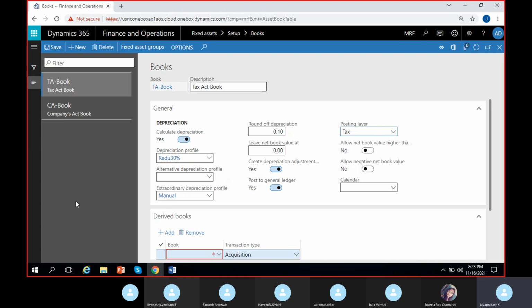that the same fixed asset can be maintained in a different way using another book. Okay, if somebody asks why you maintain different books for fixed asset, you can say that if you want to maintain a single fixed asset in multiple ways, maybe according to the different acts in the country, or maybe according to the different GAAPs followed,